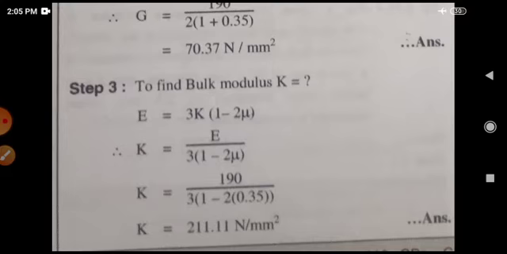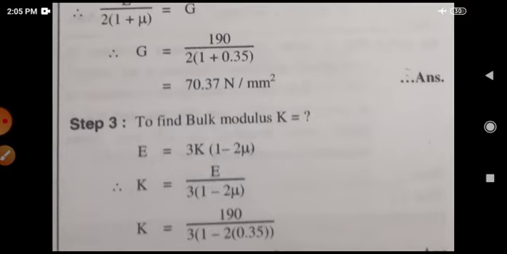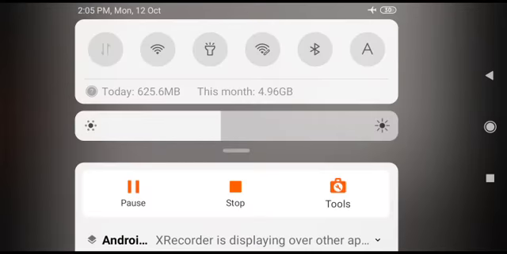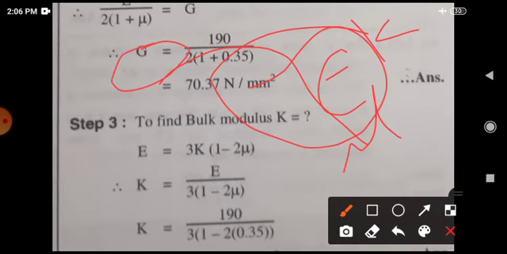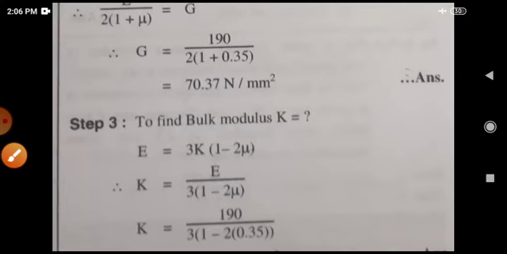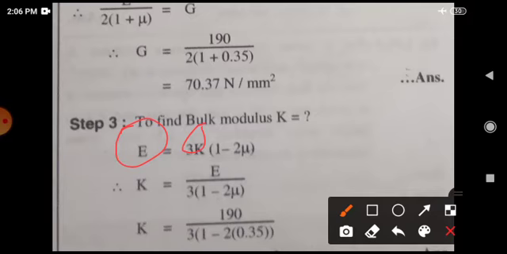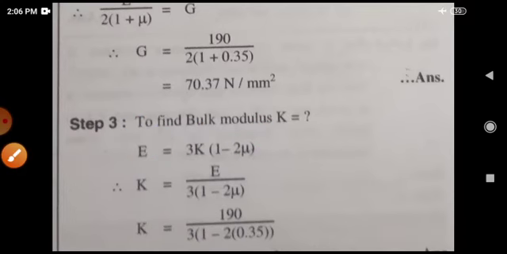Next one is to find bulk modulus. Now again, think whether there is any relation between G, which you have just calculated, E, and mu, which is also given. Between all these quantities, bulk modulus is also there. Is there any relation between all these constants? Write that equation and then go for the remaining one. Here you can see the E, K and mu relation is given, where E is equal to 3K into 1 minus 2 mu, where K is bulk modulus, mu is Poisson's ratio, and E is modulus of elasticity, where K you have to find out. Now just write down this equation for K.